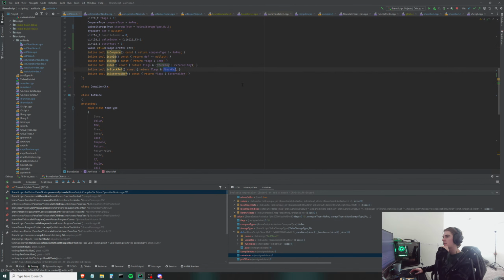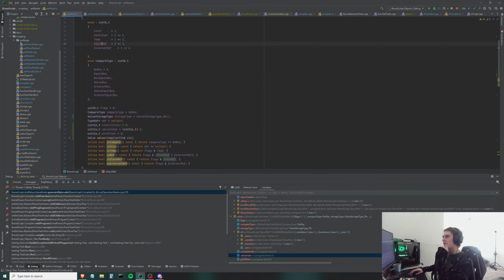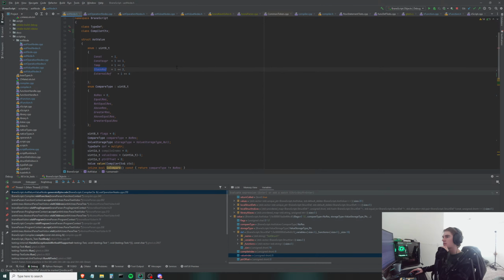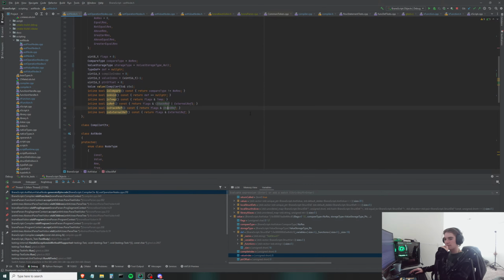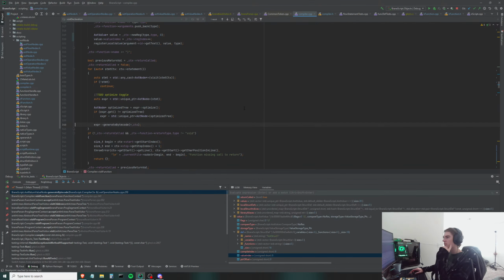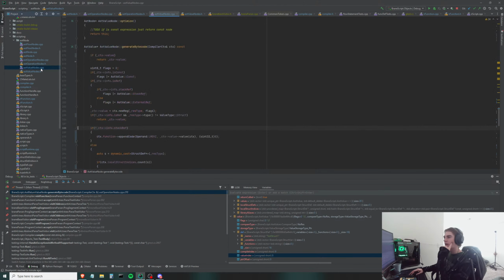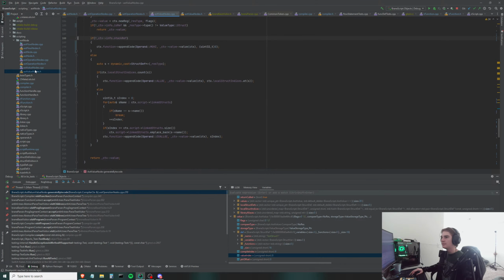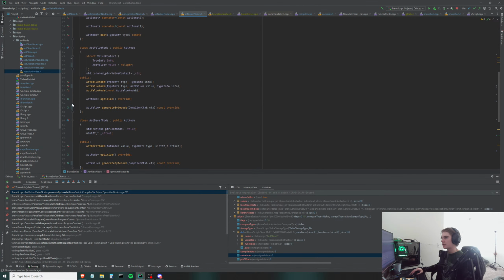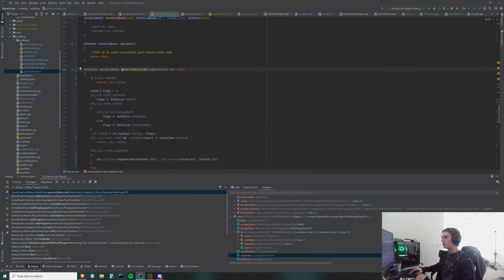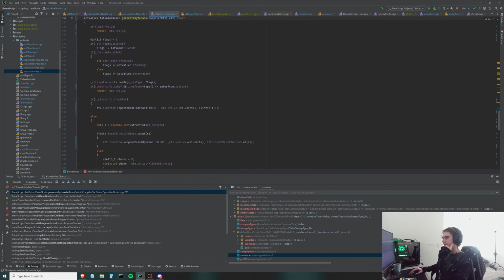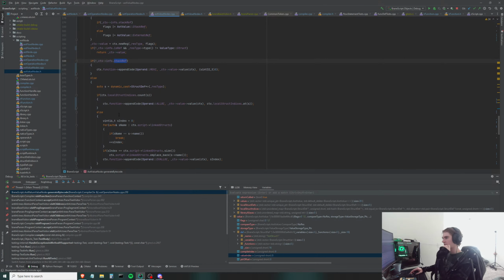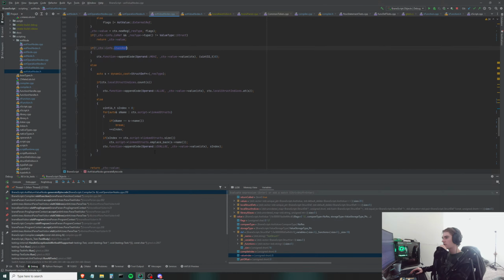Is stack reference. Stack reference. Am I never setting it as a stack reference? That would cause it. So going over to value mode to generate bytecode. If this is not a stack reference, there. And then this